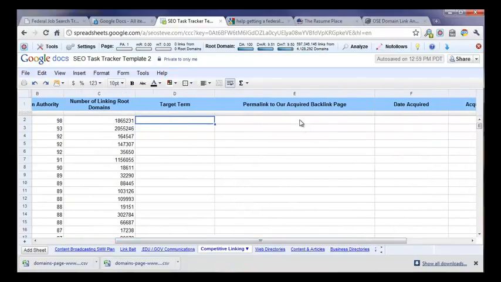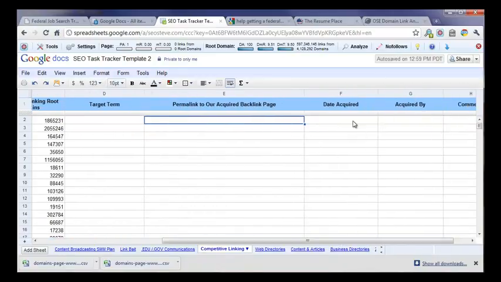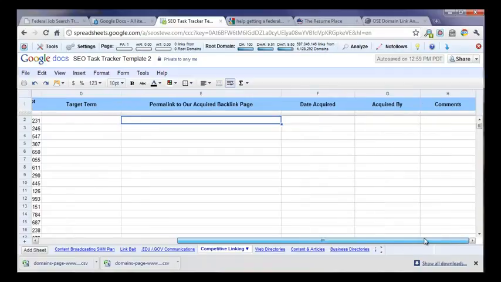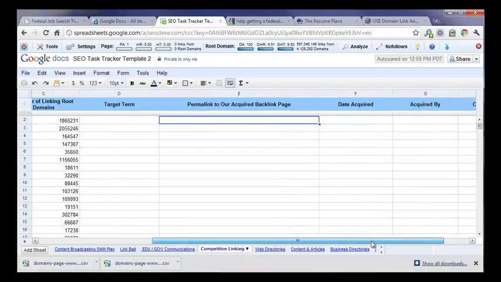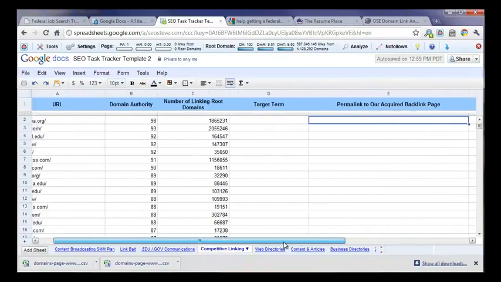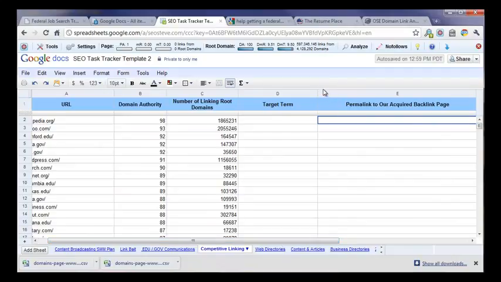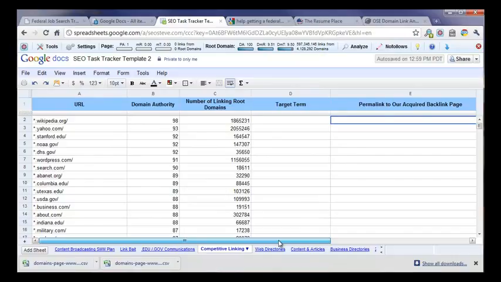Then once we've gotten our link on that domain, we're going to populate this column so that we can track it. We'll put the date acquired, the person who acquired the link, and any comments like waiting for feedback and so on and so forth. You can also add contact information here. Add a couple columns of the person that you contacted to get that placement. So what we're going to do now is we'll just say target term,